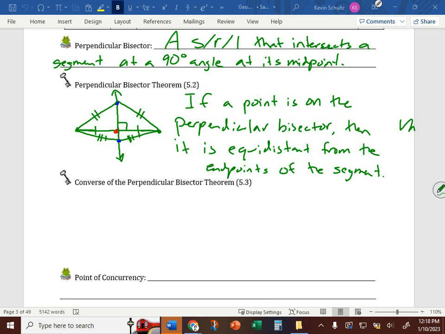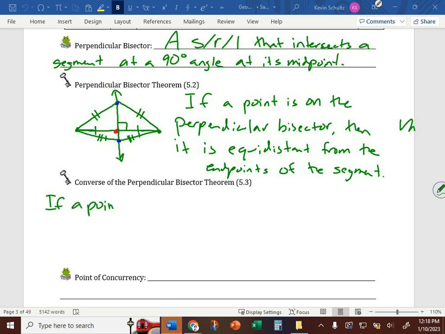Okay. The converse, what does the converse do again? It flips it. Right, if not this, then that. Okay? So if the original theorem says if a point is on the perpendicular bisector, then it is equidistant from the endpoints of the segment, if we take the converse of that, it would say